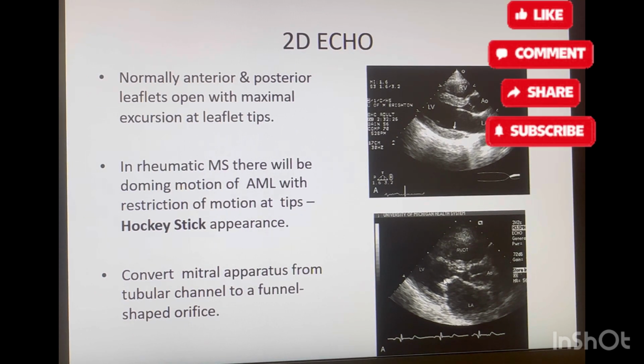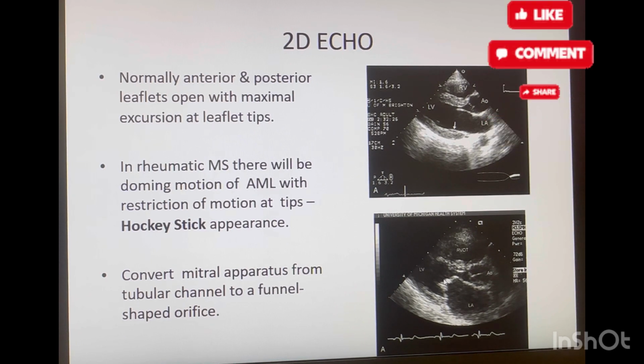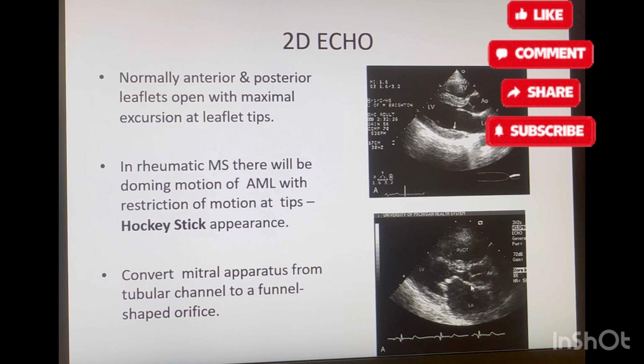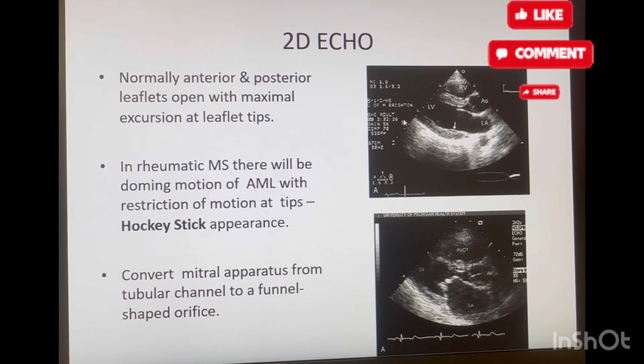Okay, so it makes an appearance of a doming leaflet or a hockey shape. That's why we call it hockey shape appearance, or the doming of the anterior mitral leaflet. This is the classical appearance of the rheumatic mitral valve. So what happens in rheumatic mitral valve is that it converts the mitral, this tubular channel, into a funnel shaped